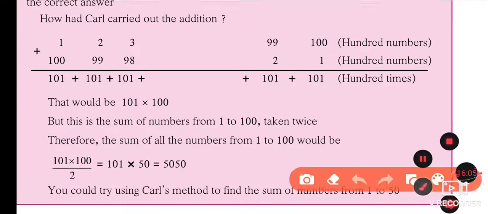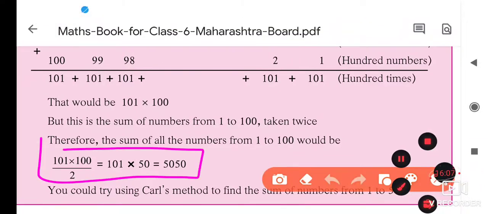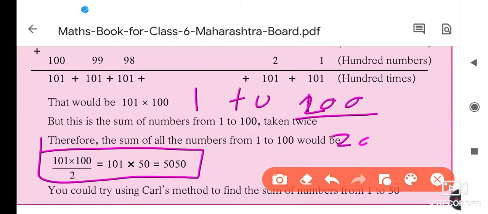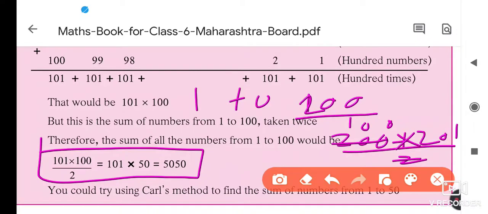So this is the calculation, and this formula we use in the scholarship when we have to add continuous numbers from 1 to 100, or 1 to 200, suppose. So we take 200 here. 200's next number is 201, and divide by 2. 2 ones are 2, and here 100. If you multiply 201 and 100, you will get the sum of 1 to 200.